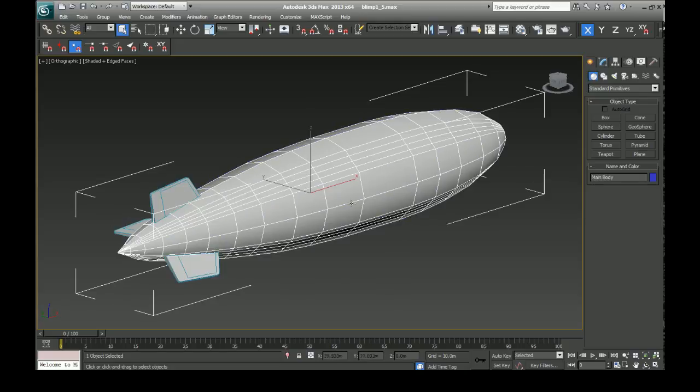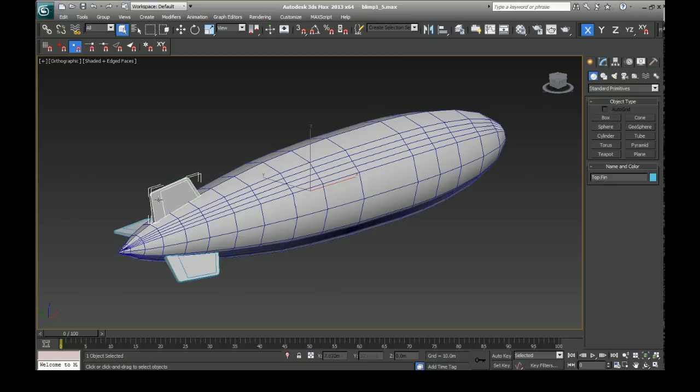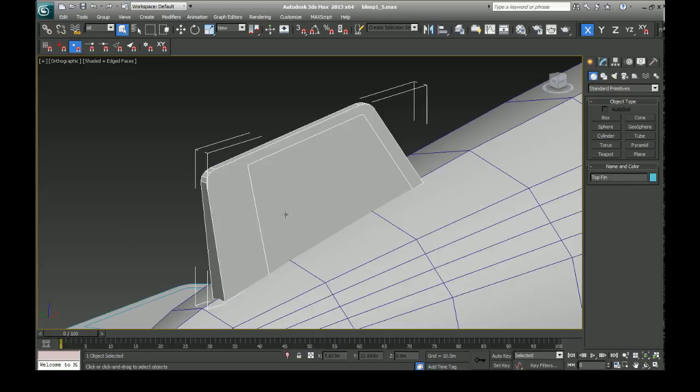To get the blimp structure, you just create a cylinder, insert loops, and I'm not going to cover that in this video here. I just want to keep this focused on pivot points. And then model the top fin based on that image. The reason I did the top one was because